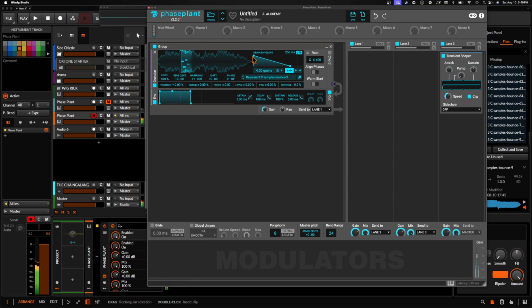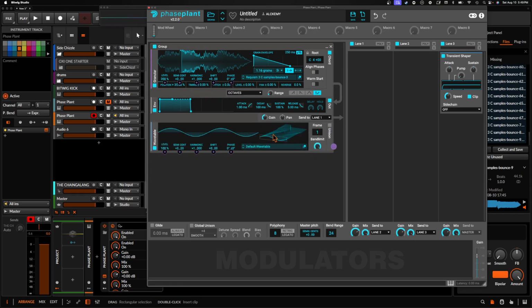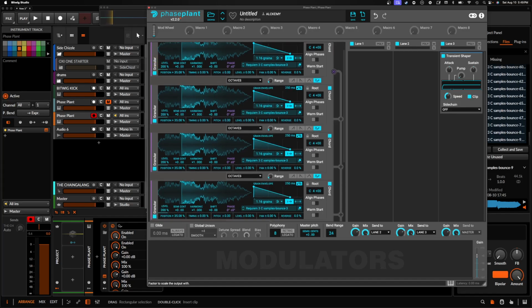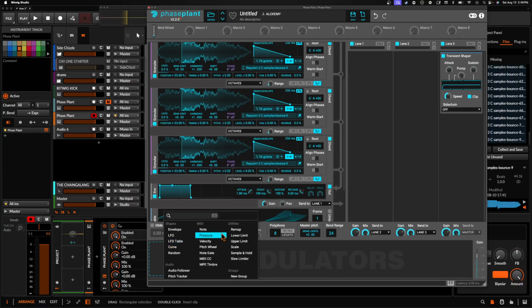But here's the cool thing. So we've got all that, but then what happens if we do this? Let me grab a wavetable here. Let's go 30%. And then we go boom, boom, boom. Oh, you see where I'm going with this now? Yeah. So what we can do is we go remap,